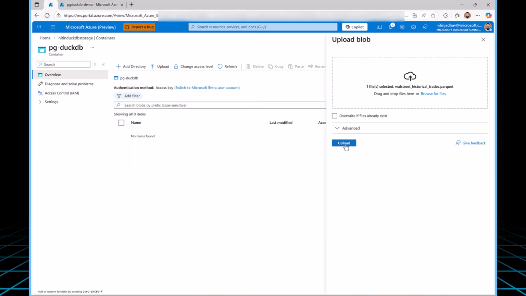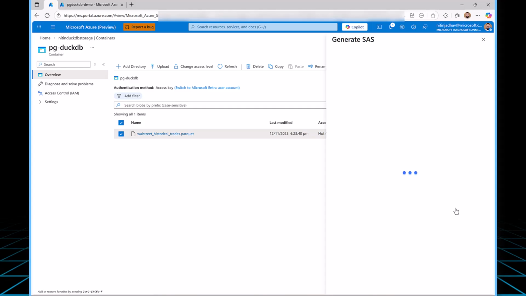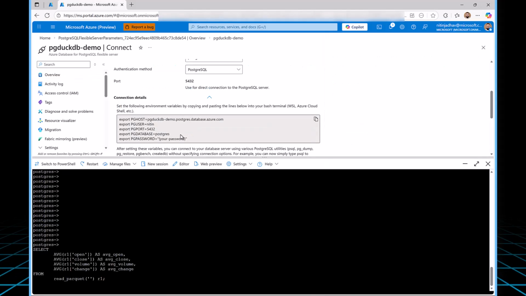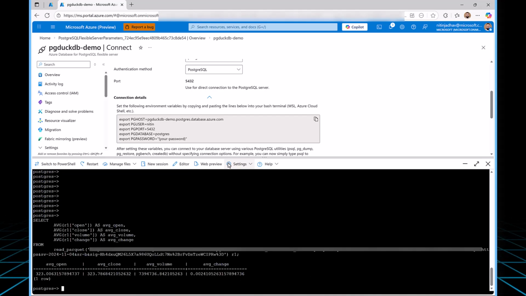I'll upload a Parquet file containing stock market data. Next, I'll generate a SAS URL for the file so PostgreSQL can access it securely. Using pgDuckDB's read_parquet function, we can query the file directly. And here's the result. Data read directly from the Parquet file in Azure Blob Storage without importing it into PostgreSQL